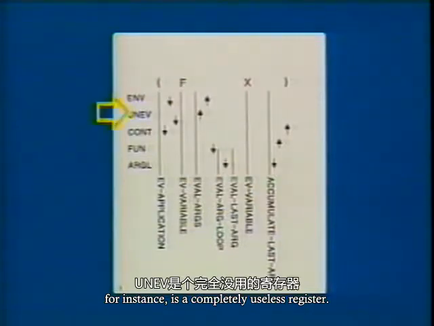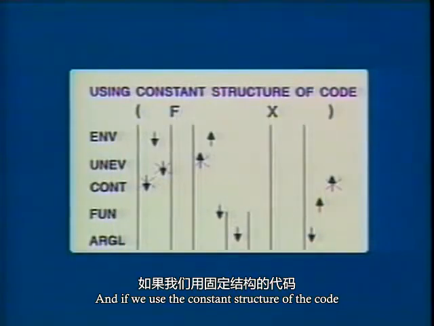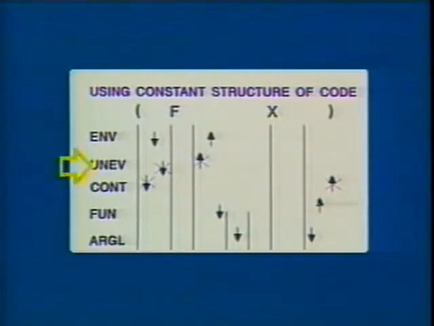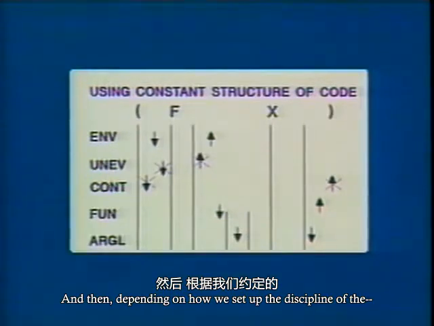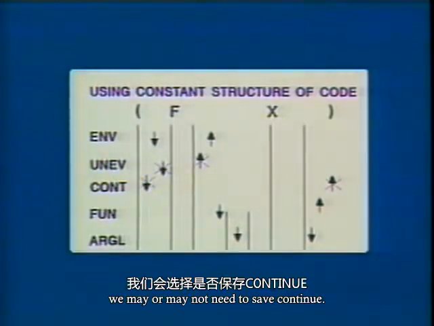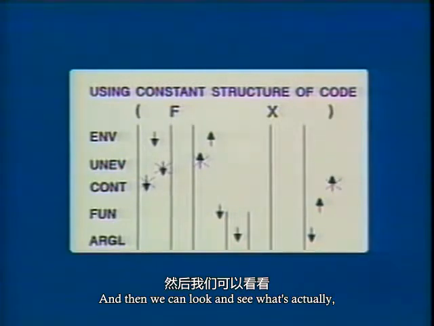Now, if you go ahead and say, well, let's remember that unev, for instance, is a completely useless register. And if we use the constant structure of the code, well, we don't need to save unev. We don't need unev at all. And then depending on how we set up the discipline of calling other things that apply, we may or may not need to save continue. So that's the first step I did. And then we can look and see what's actually